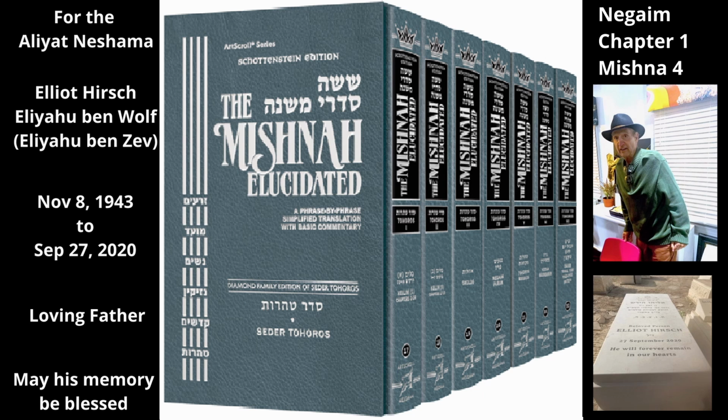In addition, there is another type of tsaras of a person, the nesek, which also comes in the 8 colors just mentioned. Thus, there are 32 colors that cause tsaras of a person. In addition to these, there are the 4 colors of tsaras of clothing and of houses, which bring the total to 36. A third opinion. Akavya ben Mehalalel says there are 72 colors of Negaim. Each of the 36 colors mentioned by Rabbi Dosa ben Harkinas is counted twice. Once for when the Kohen examines the nega for the first time, and once for when he examines it after the person with the nega has been confined.